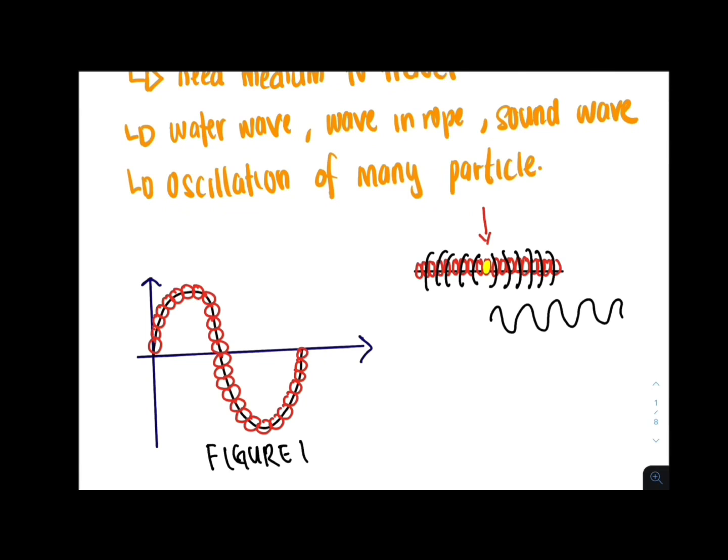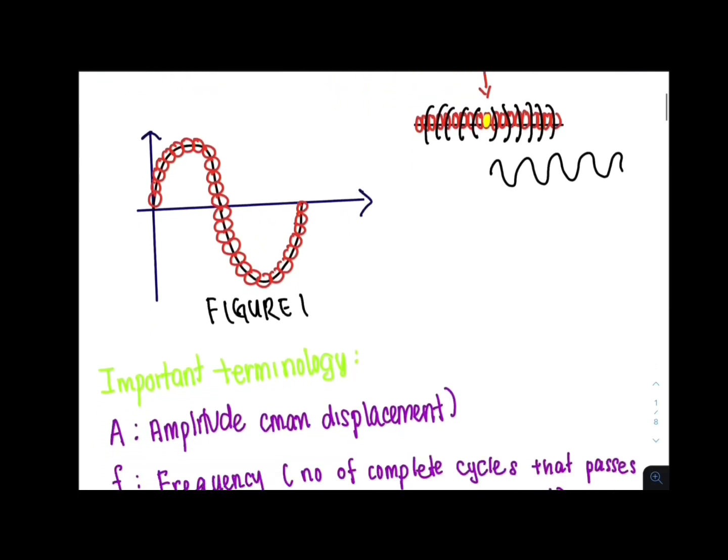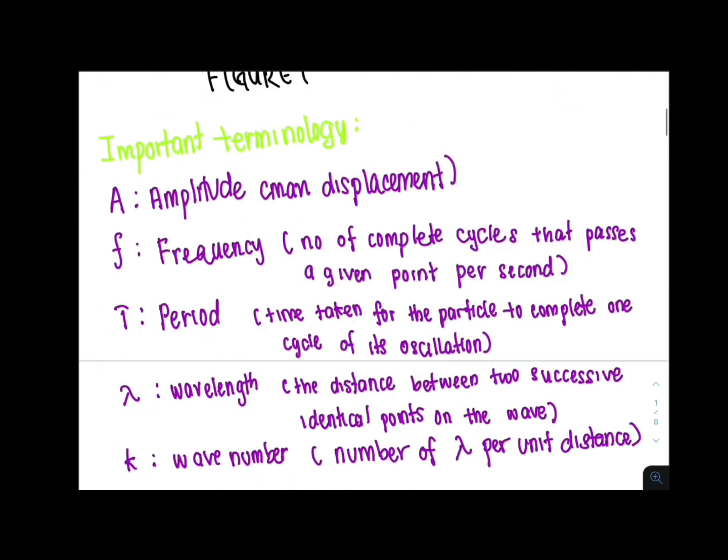Okay. So next kita nak tengok pada terminology. We have amplitude, which is the maximum displacement. And then you have frequency, number of complete cycles that pass a given point per second. Di mana kita tahu frekuensi ni kita boleh dapat daripada equation of omega is equals to 2 pi f. And then you have period, time taken for the particles to complete one cycle of its oscillation, which you can